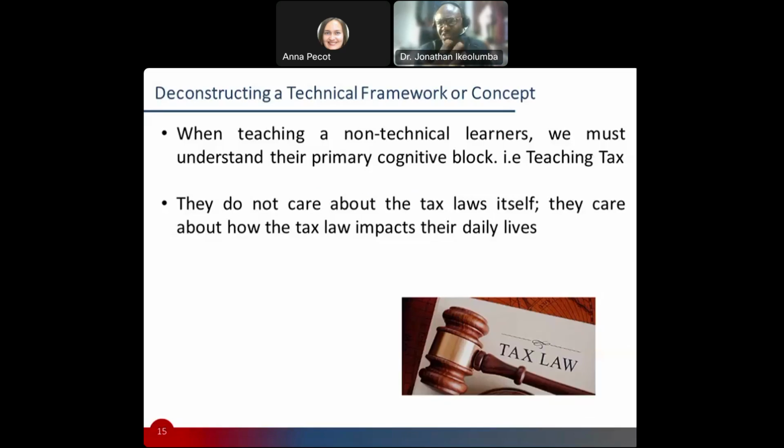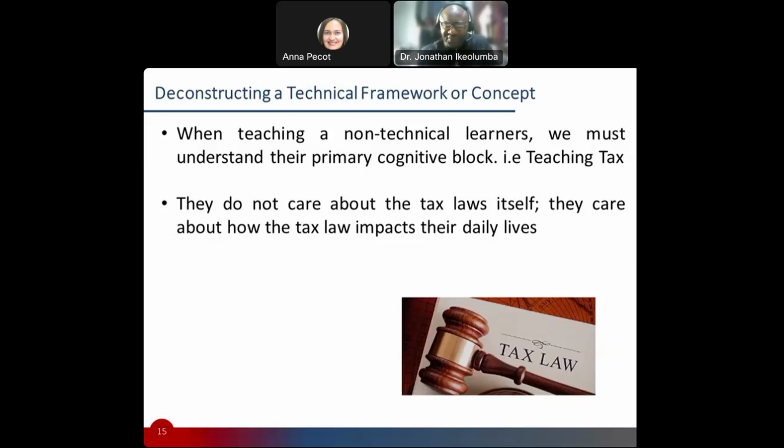And I'm going to use a lot of my experience as someone who is in finance. One of the things I've done quite recently, over the last 6 months, has been teaching on tax. If I use the example of teaching on tax, I think it's fair that when we teach tax, especially to non-tax people, business people pay tax. Anyone who earns an income would have to pay tax. What I find is that they really don't care about what the nitty-gritty of the tax laws really is. All they really want to know is, so what do I have to do?